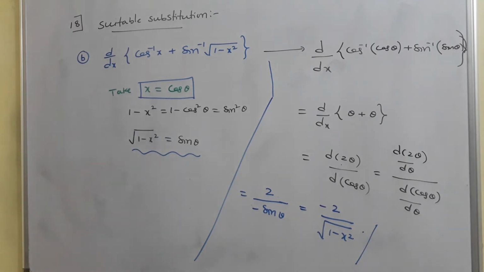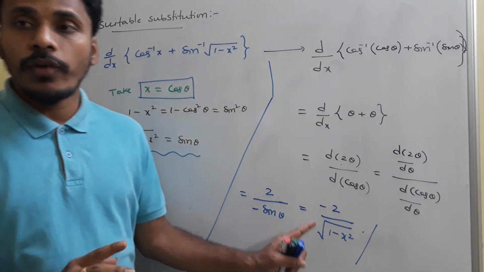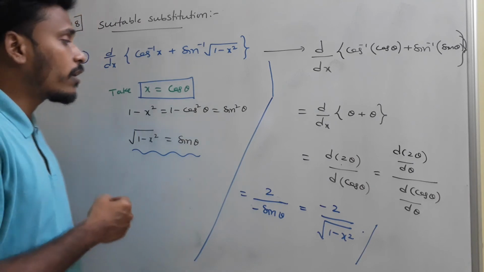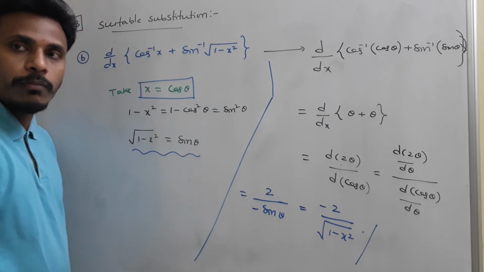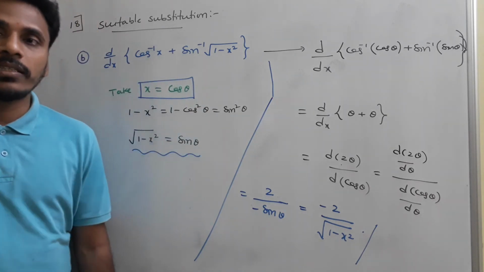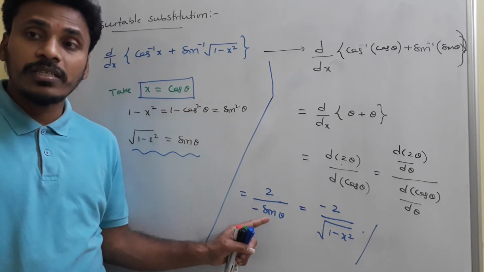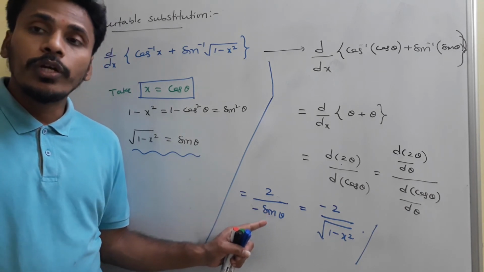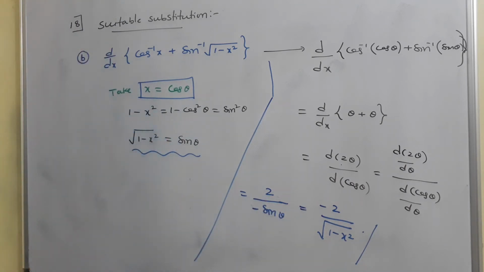Since the problem is there in terms of x, our answer also should be in terms of x only. Just we are making theta as an involvement in this problem for our convenience. So we need to eliminate that theta at the end. Okay. So this is also the final answer. But since it is involved with theta, you need to rewrite this answer in terms of x like this. Okay. Have a look.